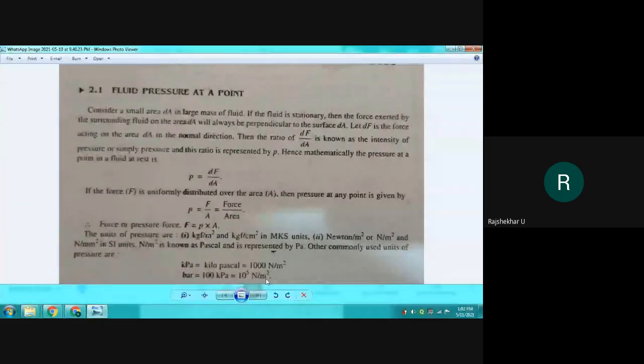So usually when we are discussing pressure at a point, the force acting on the fluid or imaginary area will be perpendicular to that fluid particle. You can assume a fluid bubble, and on the fluid bubble the force is acting from all directions, say x, y, z. All the forces are acting on that fluid bubble, and all the forces will be perpendicular.